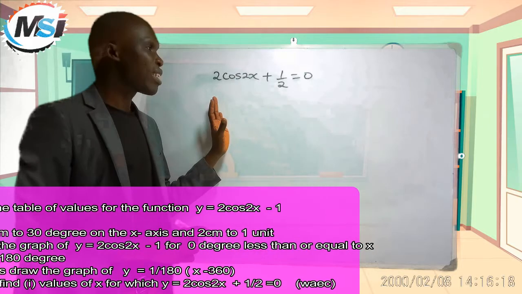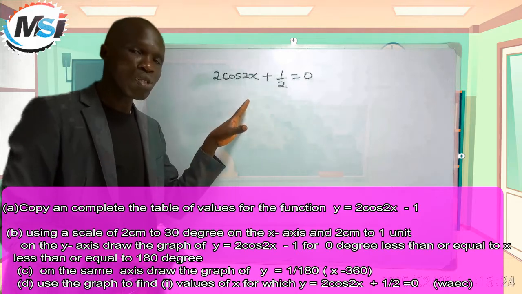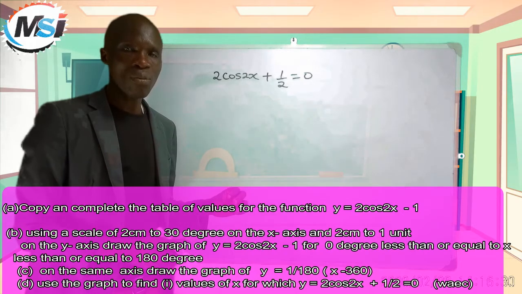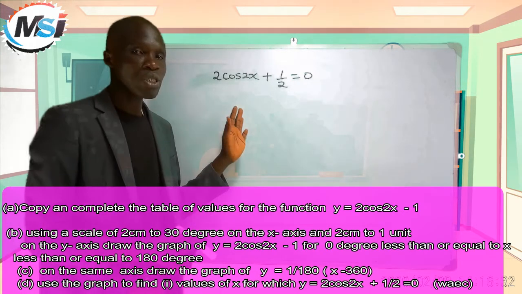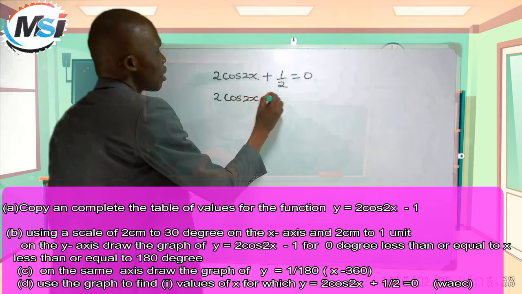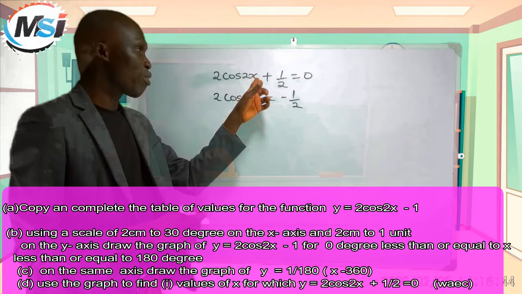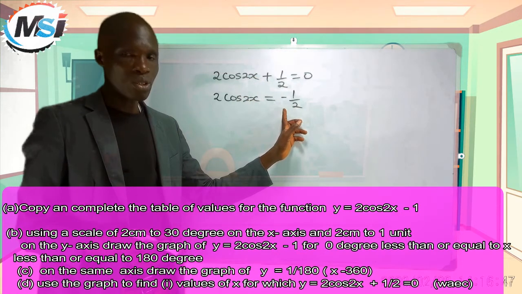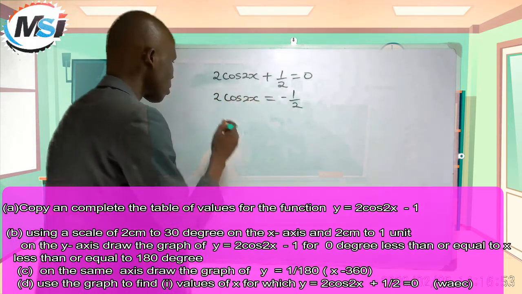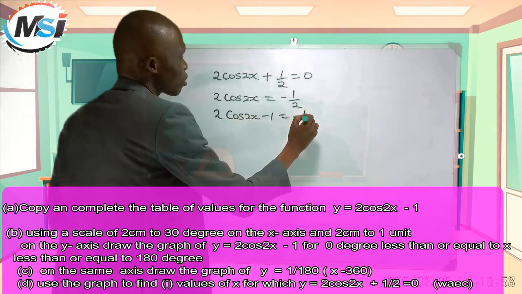So what we want to find now is the value of x, and we are going to use our graph to do this, but we must do something before we can get the value of x from our graph. So what are we going to do here? We just say 2 cos 2x equals minus 1 all over 2. Remember, by the time you move this to this side, it turns to minus. I believe you understand, right? So what you do is minus 1 from both sides. We are going to have 2 cos 2x minus 1 equals minus 1 over 2